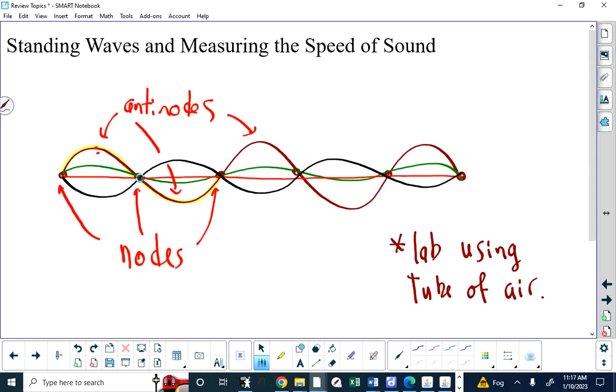I expect students to know that when you have a column of air that's closed at one end, I'm talking here about the lab we did with the tube where I would raise the water, that sometimes if the column of air is the right length, you will hear an increased volume of the sound. And the shortest length that will cause that to happen is 1/4 of the wavelength. And the reason why it's 1/4 of the wavelength